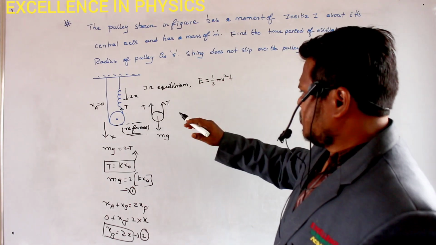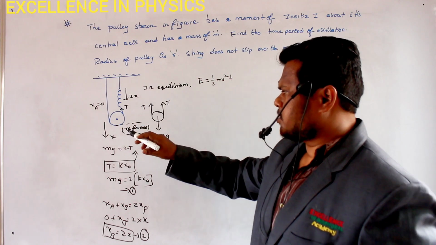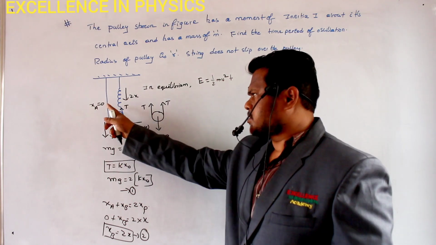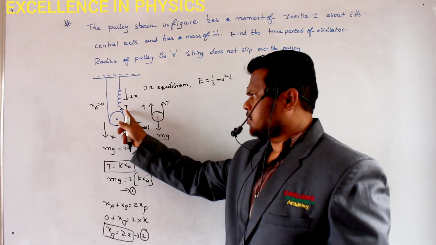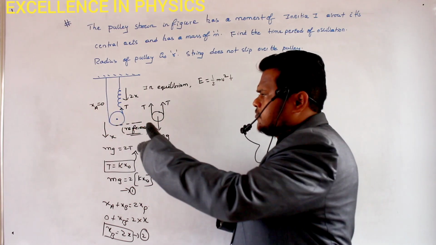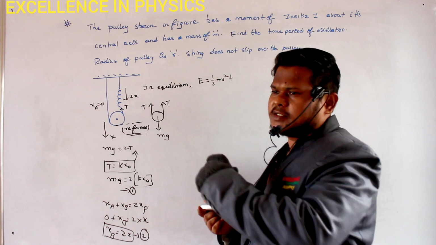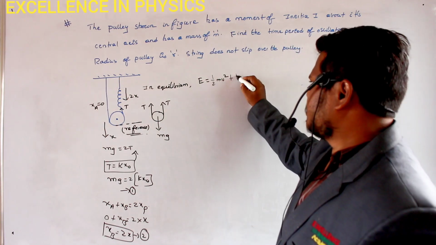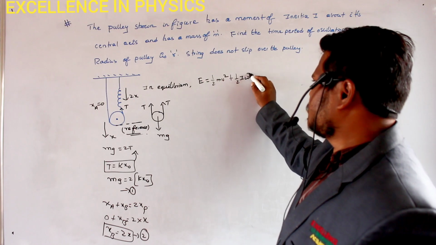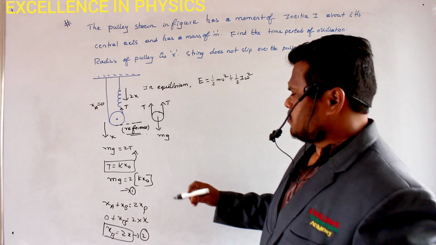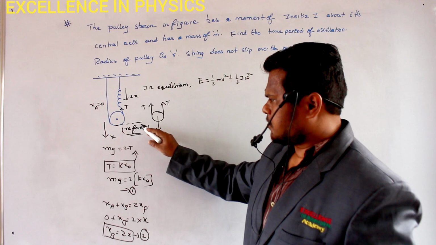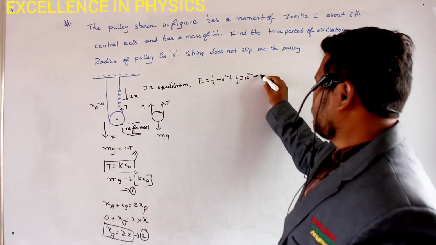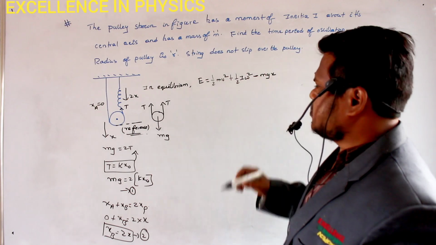Similarly, this pulley is not slipping. Actually, it is rotating. When I pull this one downwards, this string is not movable, only this string is movable. So this pulley will roll on this string. Because of that it will have rotational kinetic energy, which is given by half I omega square. Similarly, when it comes down by x from this reference, it has lost some potential energy, and the lost potential energy is minus mg into x.